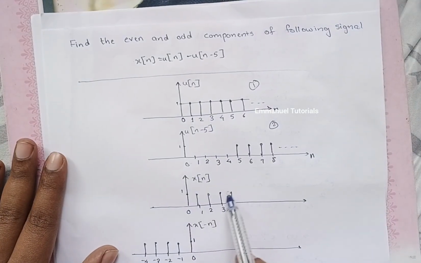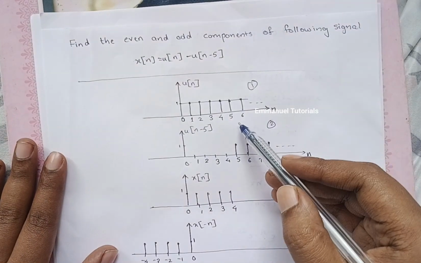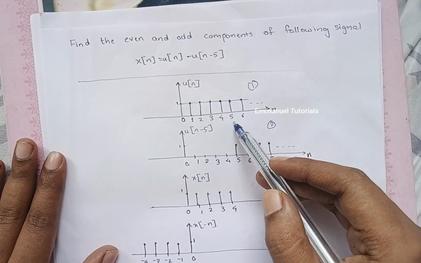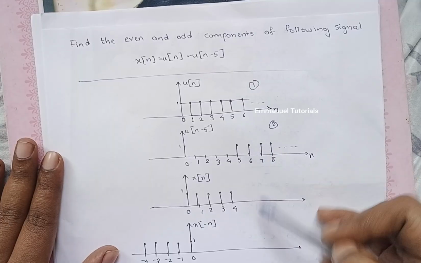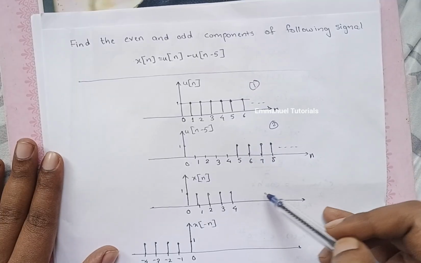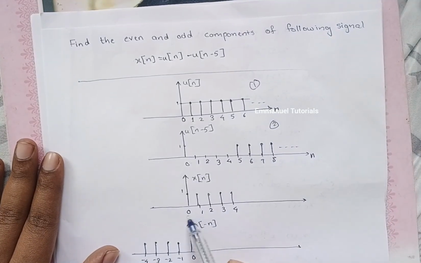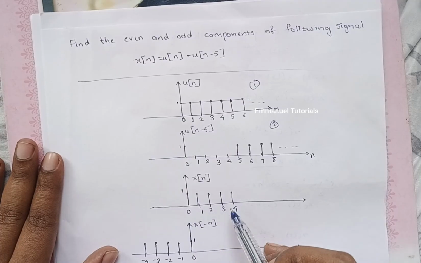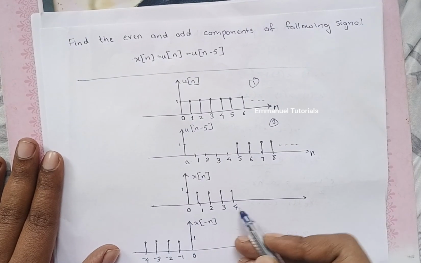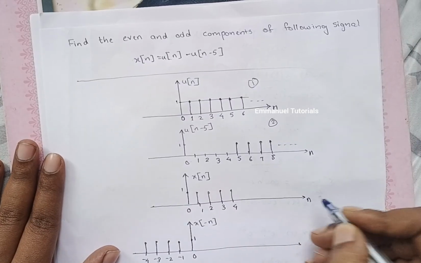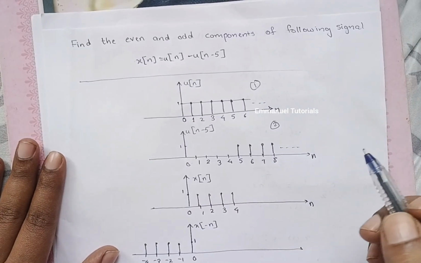So I have drawn that. And from 5 onwards, you will see that both signals have amplitude 1. So 1 minus 1 will be 0, and this will continue till infinity. So from 0 to 4 only you have a signal with non-zero amplitude. So this will be the final x of n, and this we have to use to find our even and